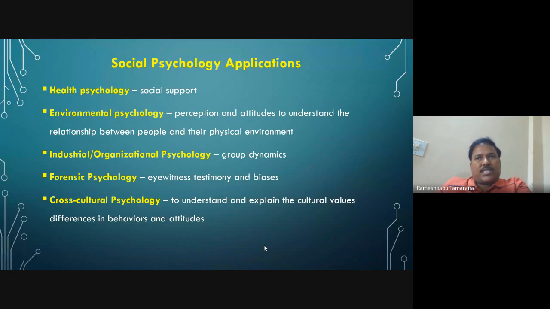So you are also discussing the group dynamic aspects from social psychology brought into industrial and organizational psychology in order to better understand. And also forensic psychologists study the kind of biases, gender biases, or race biases, or caste biases, religion biases, or any biases, and how that affects eyewitness testimony. Eyewitness testimony is a good concept in forensic psychology, because when you observe people,